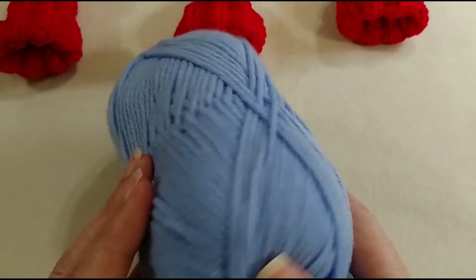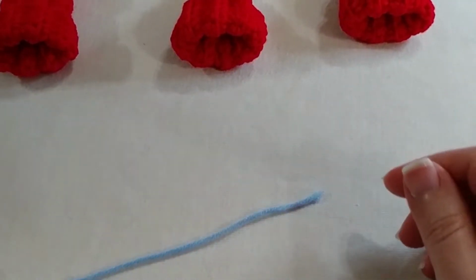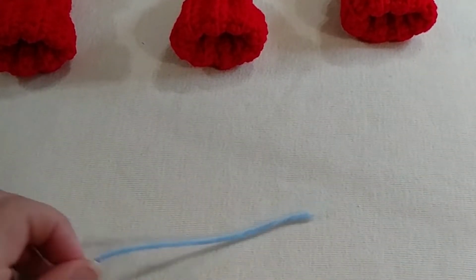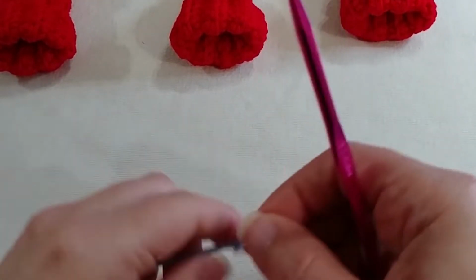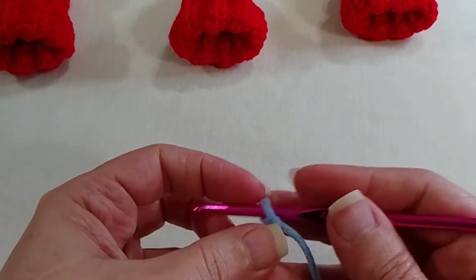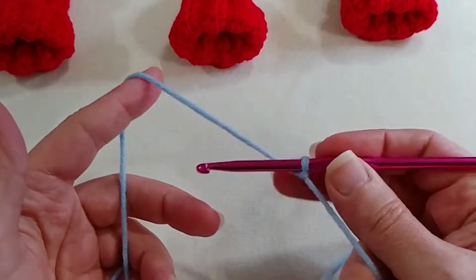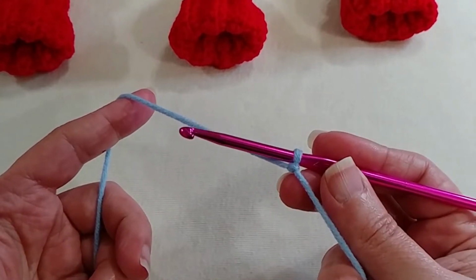I'm going to use a blue yarn today. This is such an easy pattern and it's very quick. You could be watching Netflix and just in no time at all whip enough of these out for a gift. You know, make like 6 of these and box them up and give them away as a gift. Okay, what we're going to do is we're going to make